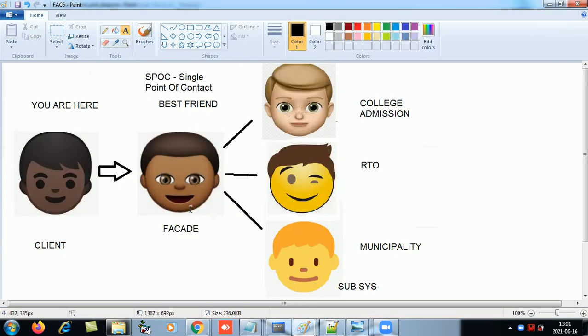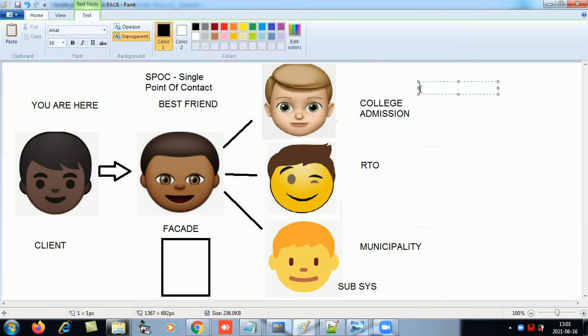Your friend in his telephone directory will have, so if this is Alice, it looks like a feminine masculine face, so let's give it Ben. So if this is Ben, college admission, so your friend will have contact detail of that in his mobile phone.